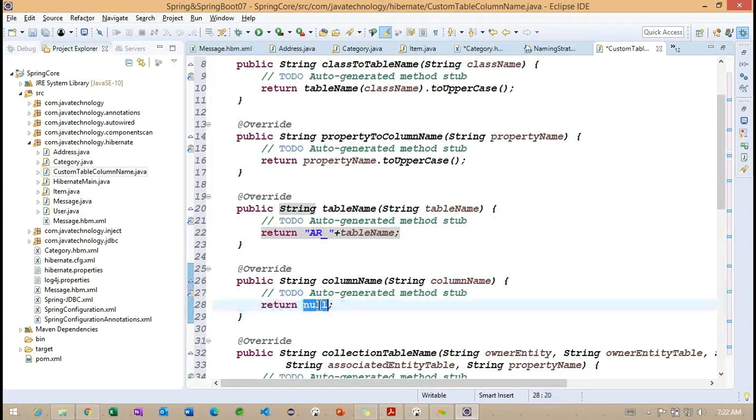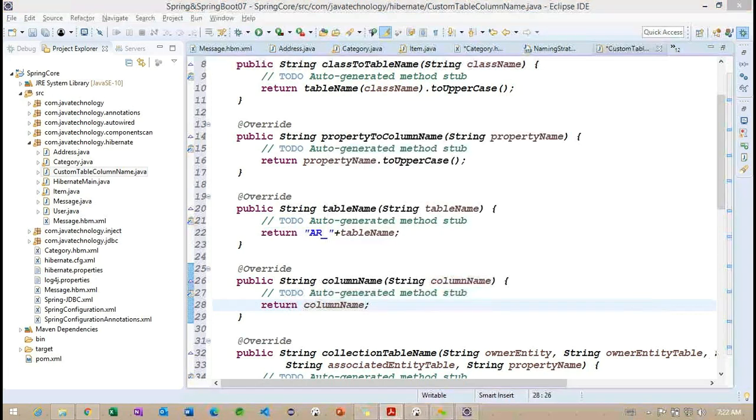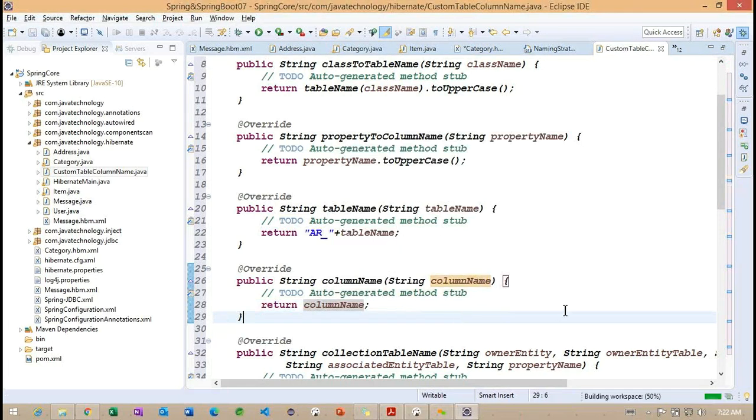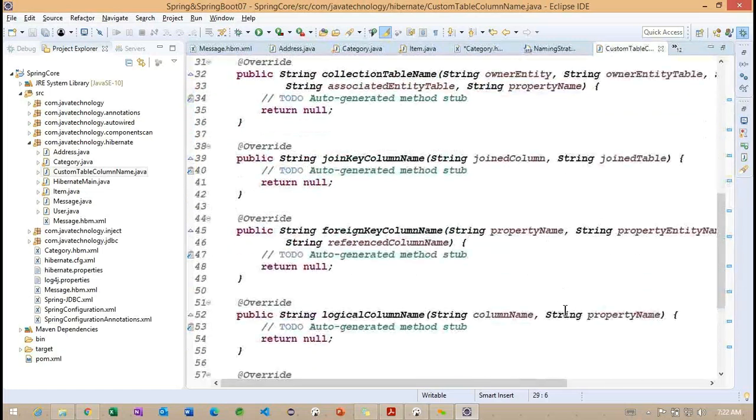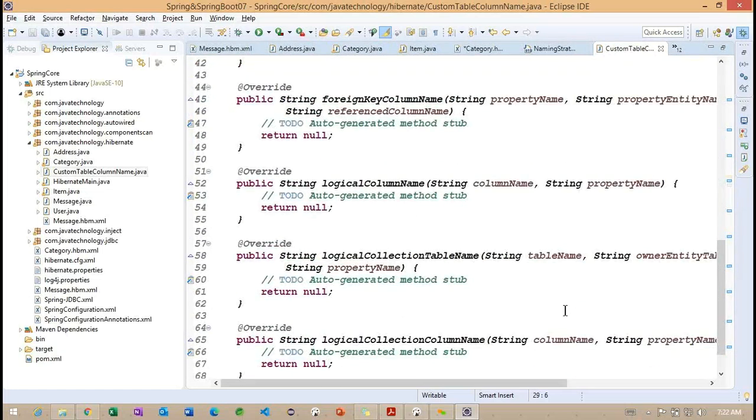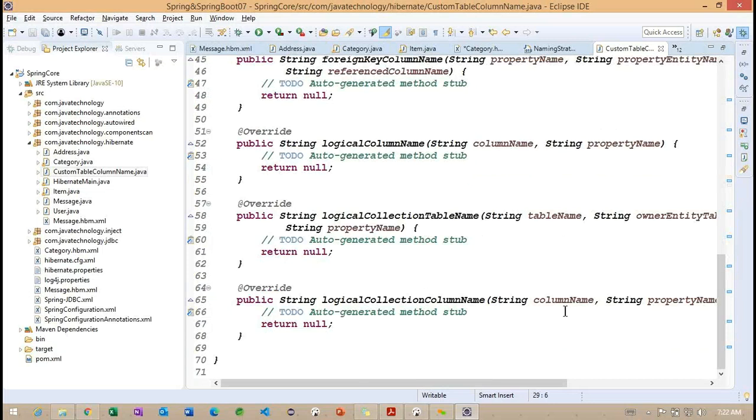And what is the column we are going to get? The same thing I want to return here, and property. Then there are collection table name, join key, foreign key, logical collection table name. We don't want to make many changes here.